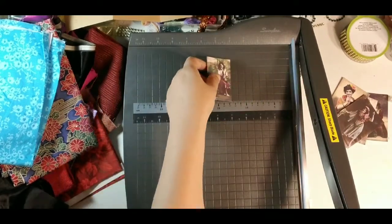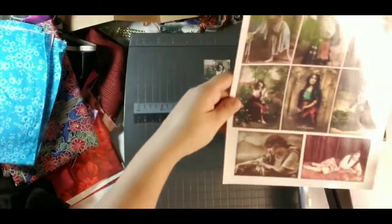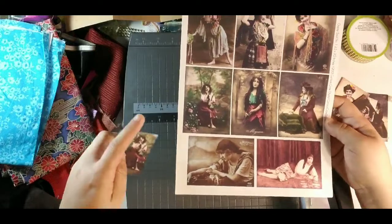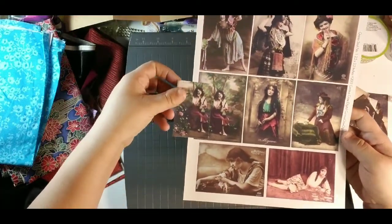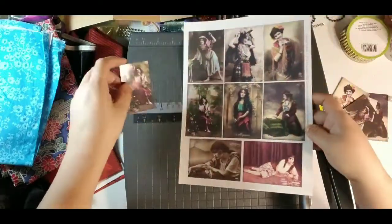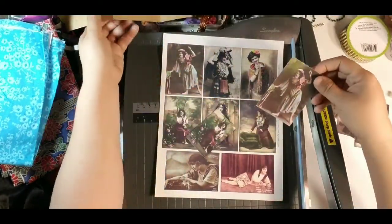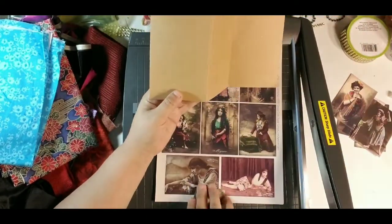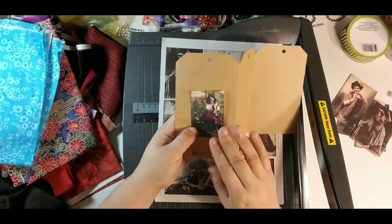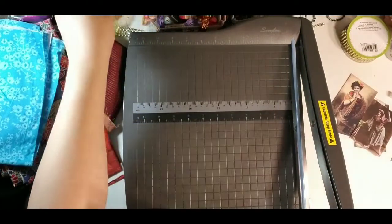Let me grab my other page over here so you can see what I did. Like this image right here, I cut into that. See the difference? It was this size before, so that much on a tag, or that much on a tag. Remember, you can't alter images when you're playing with them. So I'll continue to